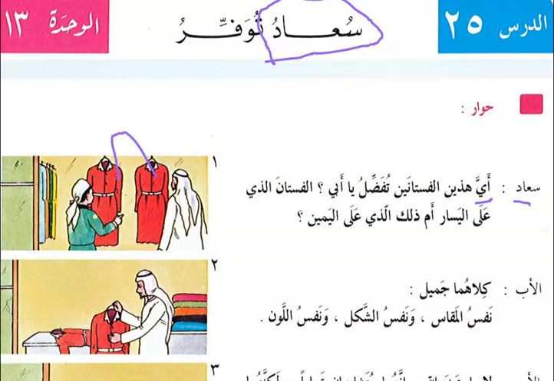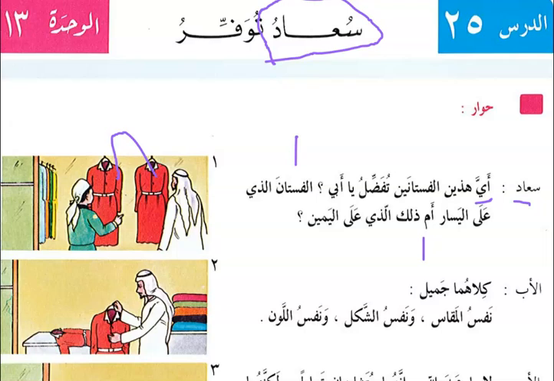which frock you want. تفضل. فضل يفضل means preferring something. Suppose I prefer coffee over tea, or I prefer tea over coffee, something like that. تفضل. الفستان الذي على اليسار أم ذلك الذي على اليمين. الفستان, that frock, the dress, الذي, which is on the left hand side,